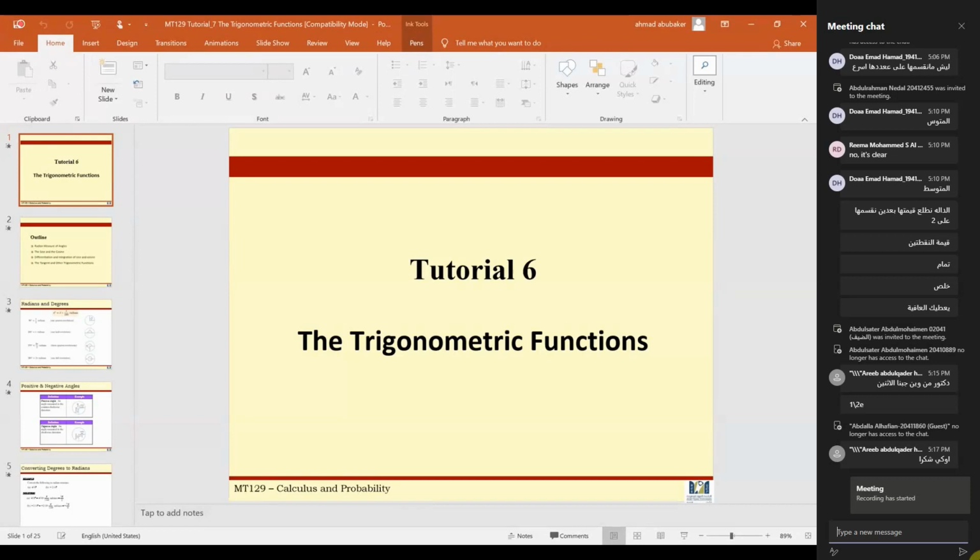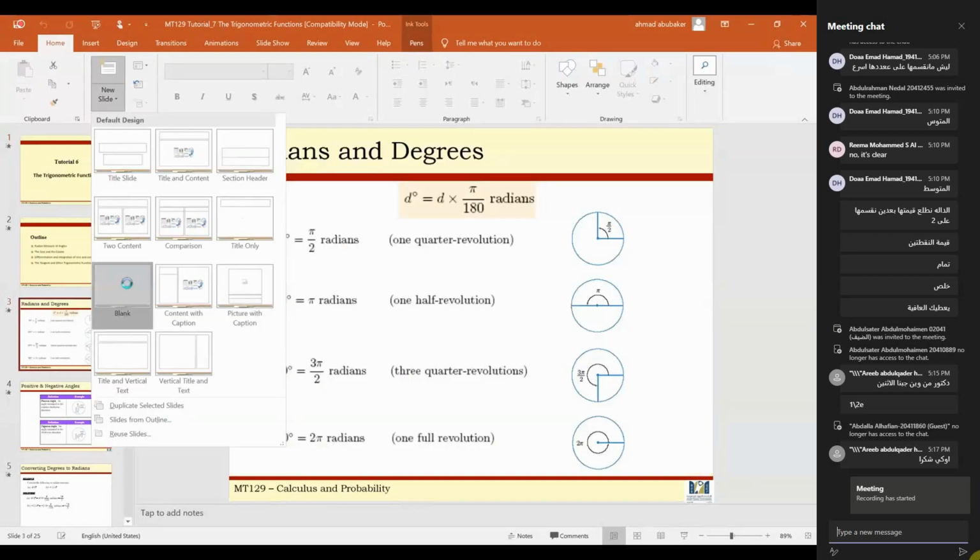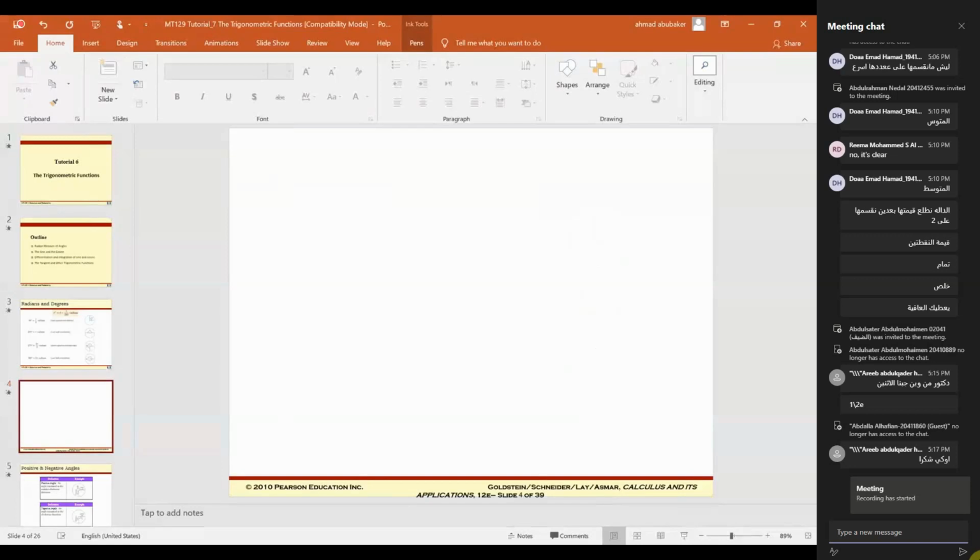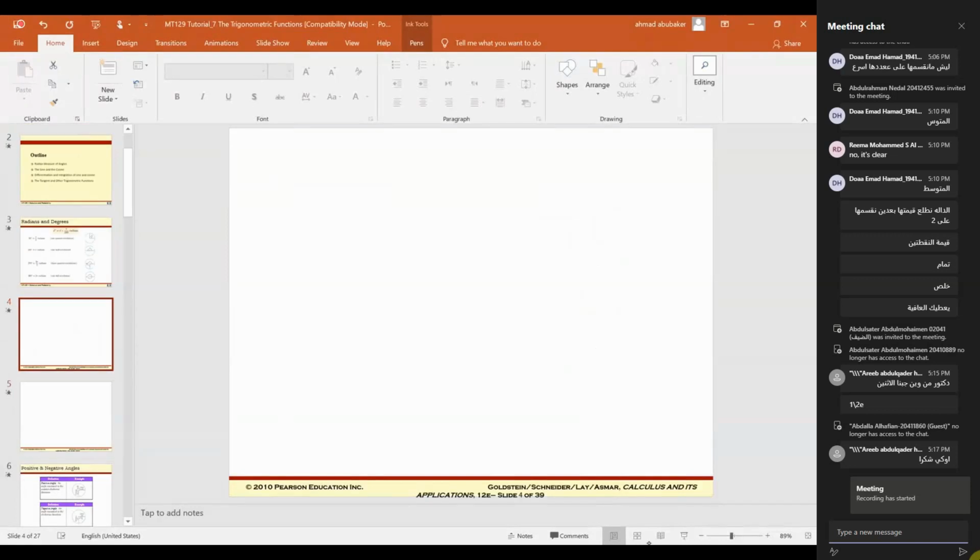Okay, so the radian and degrees. Two methods